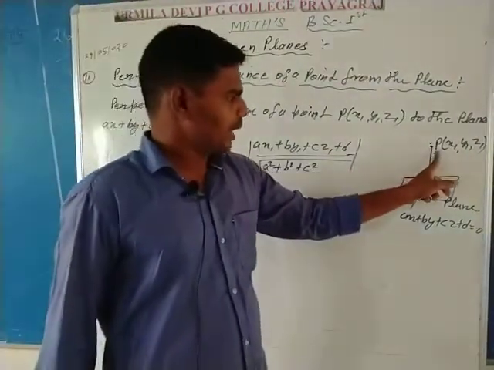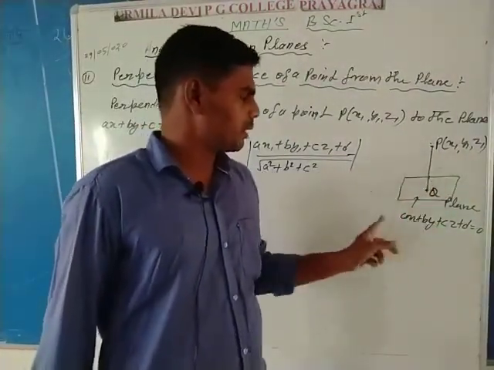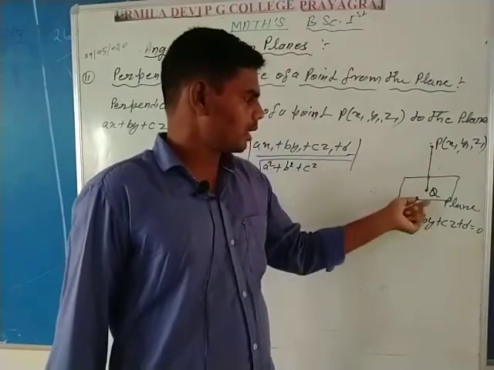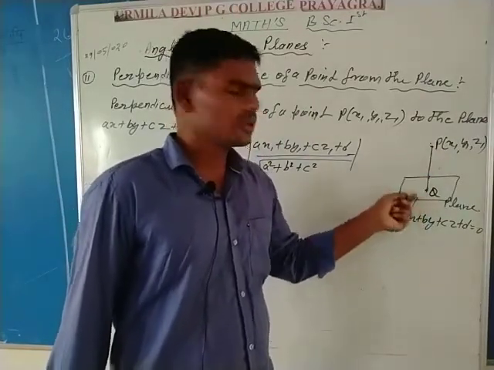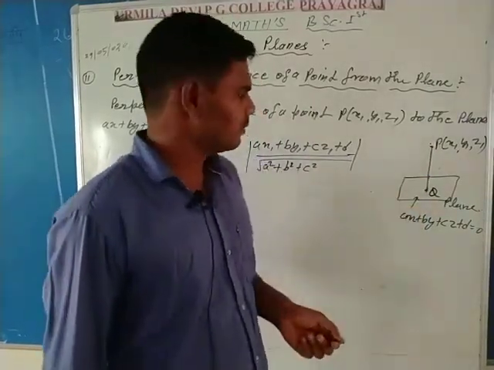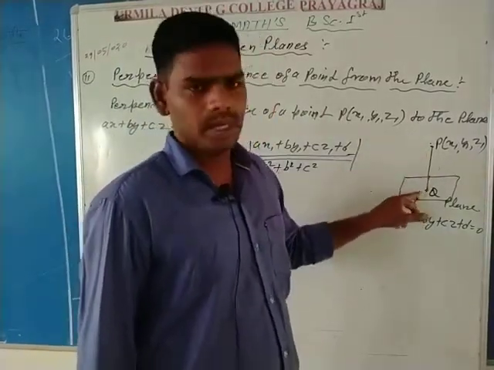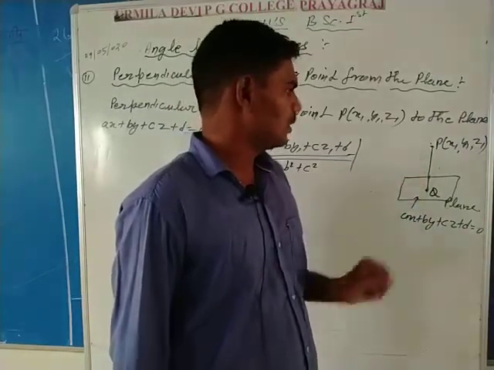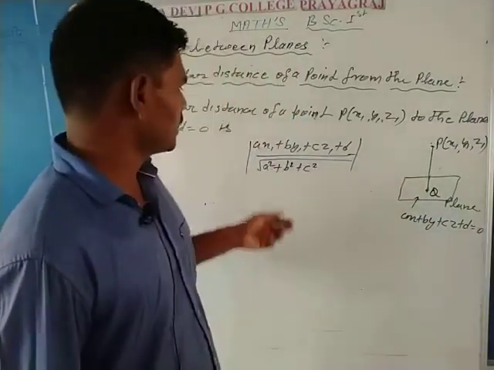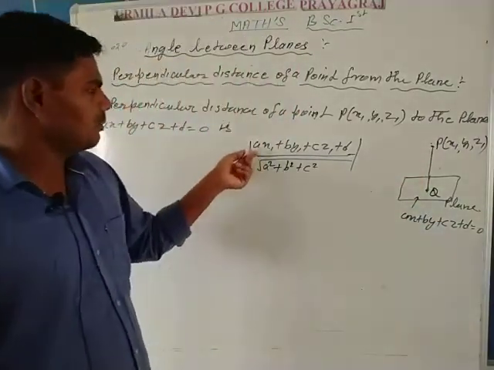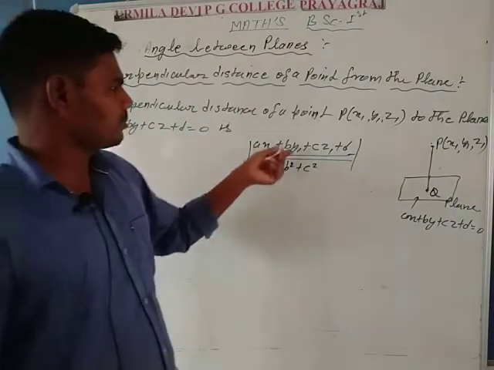P is a point which is above the given plane. Draw a perpendicular line on the plane. Suppose that meeting point is capital Q. Then length PQ is called perpendicular length, whose length is calculated by this formula, mod of ax1 plus by1